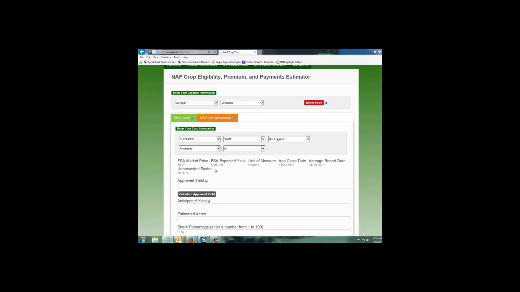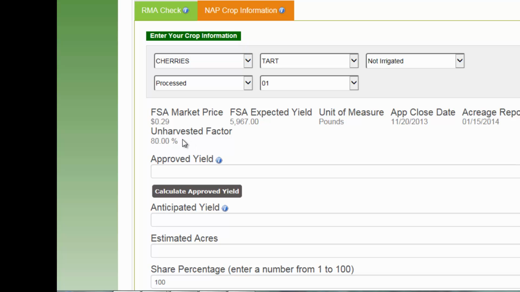There is an unharvested factor of 80%. What this is saying is that if you do not harvest the crop at all, they're estimating that you'll save about 20% of your protected yield times price times